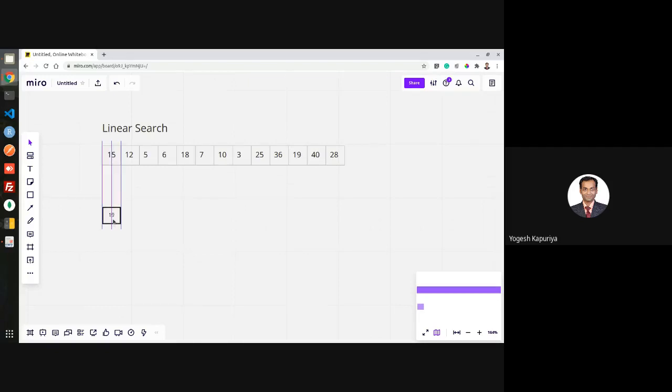So what is the simplest technique you can use? Searching means you want to find out whether that element exists in an array or not. So this is my key element which I want to search, and this is my array inside which I want to search.